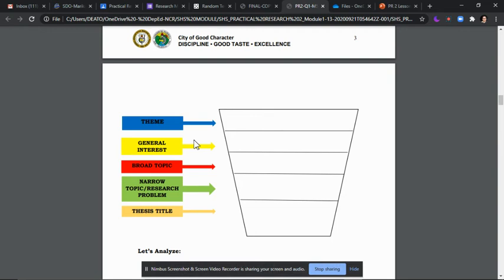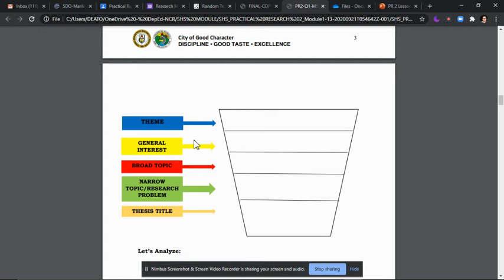For example, ang hilig ko doon sa social issues ay more on education. Tapos, isip ka na ng topic mo. Halimbawa, anong topic mo doon sa education na may kinalaman sa social issues? Gusto mong pag-usapan yung new normal situation ng ating education. So, yun na yung broad topic mo.